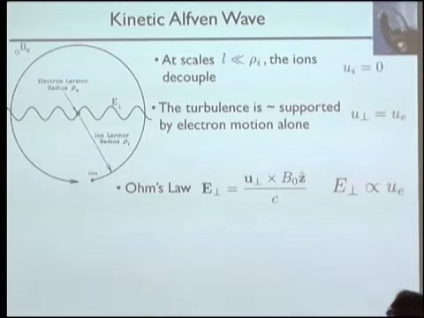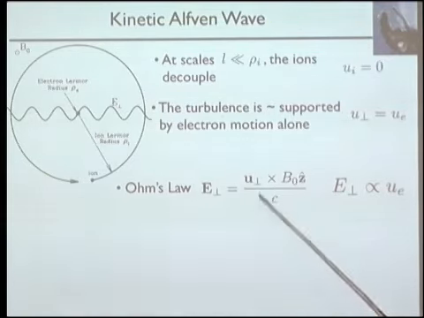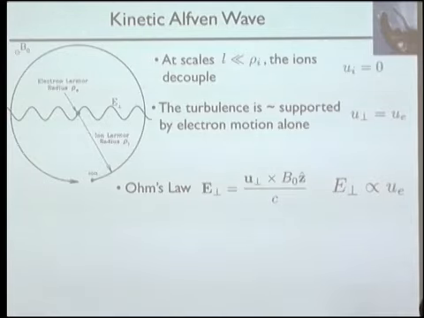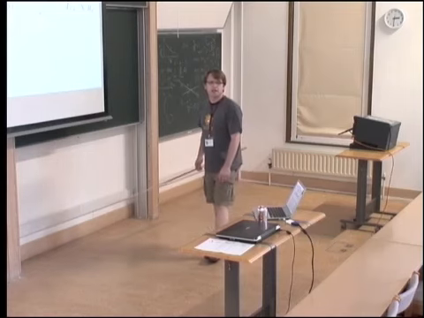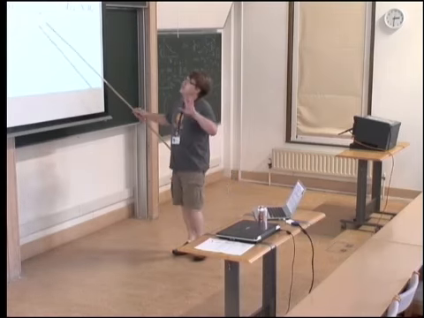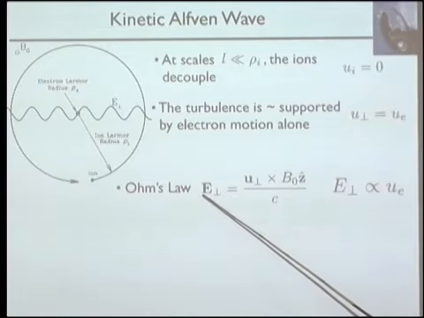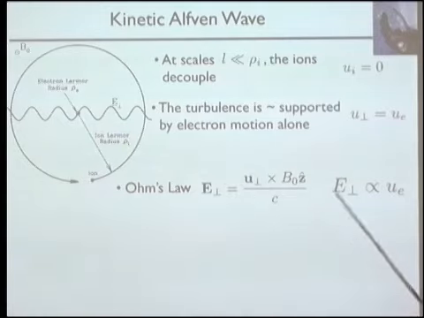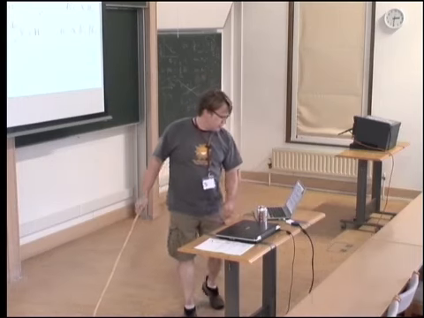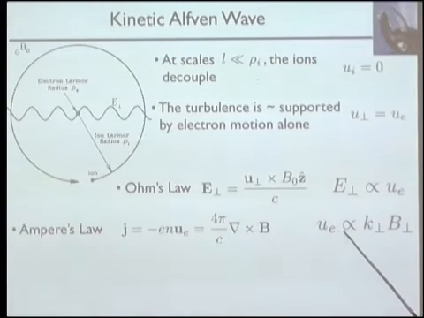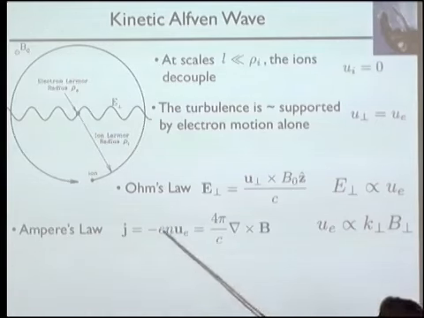Let's work through those very quickly and simply. Ohm's law is again E is V cross B. But now the U perp is the electron flows. So this part of the derivation looks very similar to EMHD, electron magnetohydrodynamics. But we don't have to actually use that label because that has some additional constraints built into it. I'm simply saying that at these scales, the electric field is going to be proportional to the electron flow. And when we look at Ampere's law, we're going to find that the electron current, J perp,